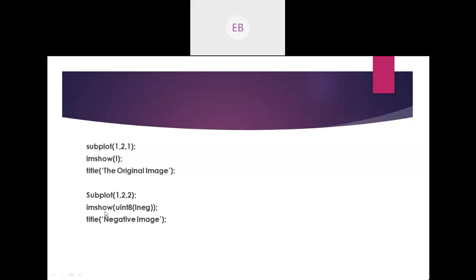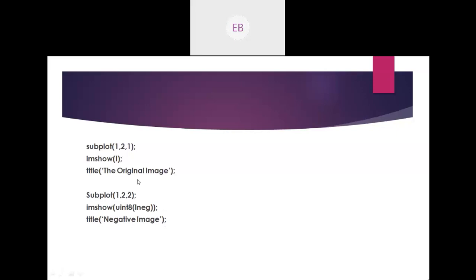Now I'm using another function, uint8. Why am I using the uint8 command? This command will convert the double values into integer type. Integer means what? Zeros and ones.